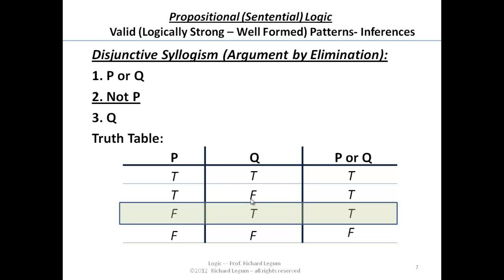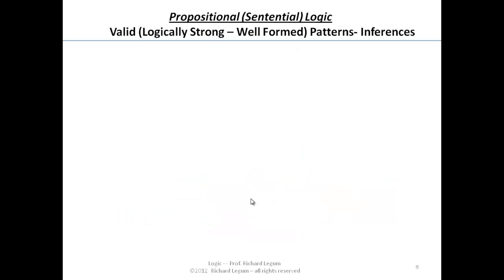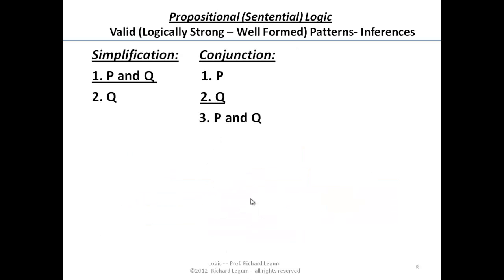So you see now how the truth table will help us understand which patterns of arguments are good ones, which are bad ones. I'm also going to show you a way later on, at least for conditionals, of using the circle diagrams that we used in predicate logic to understand the fundamental inferences and why these are valid patterns of arguments. But let's move on and take a look at